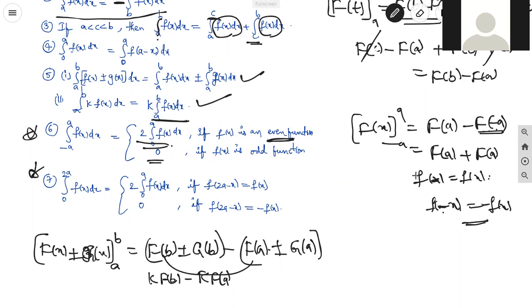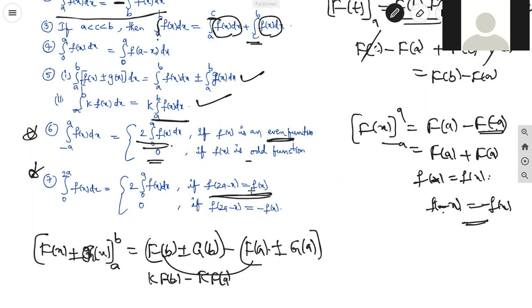When we substitute the odd function, that plus becomes minus. F of a minus f of a will get cancelled. It becomes 0 for an odd function. In the same way, it is also for 2a. 2a means f of 2a minus 0. That 2 is a constant, outside, and we get the same thing.